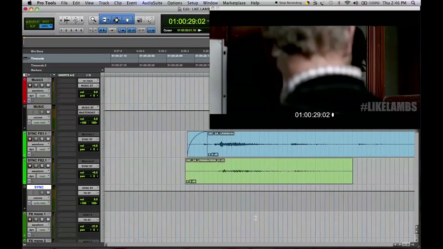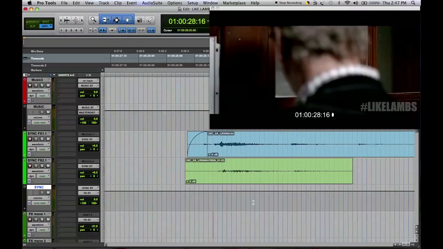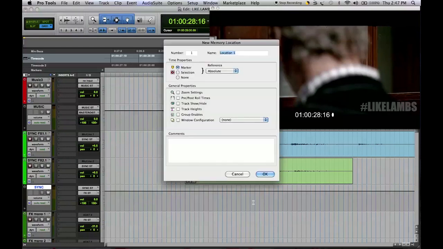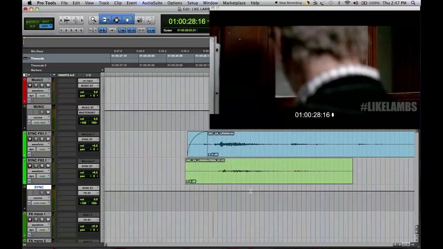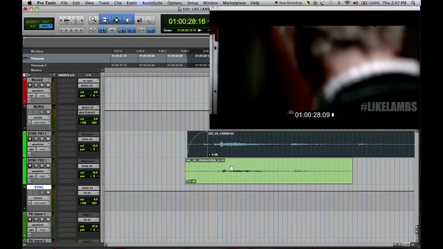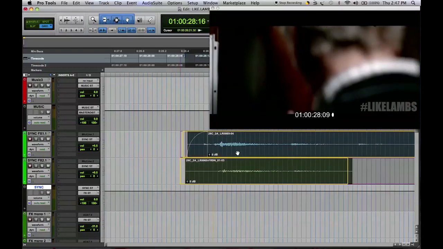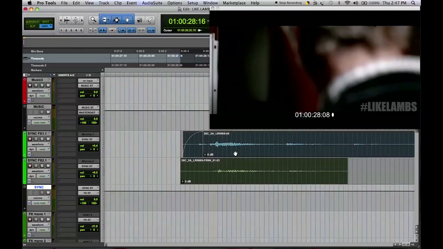That's the frame where the door is closed. I put in a marker by using the Enter button on the Apple keyboard. And then we see the transient of the sound, which is a little bit off, and we move that over until it snaps. To give you more freedom, you can move into slip mode,